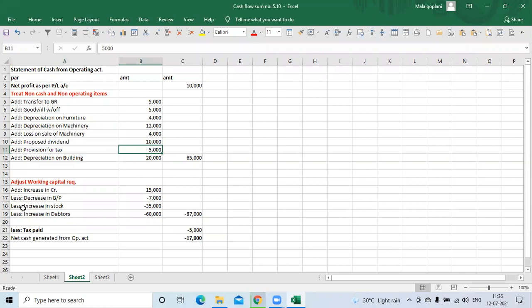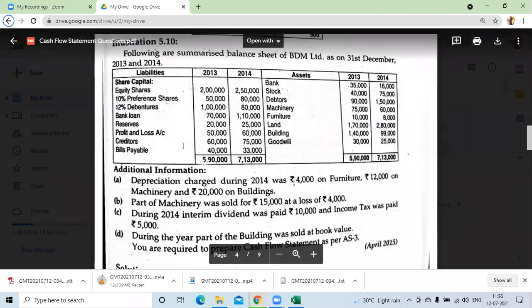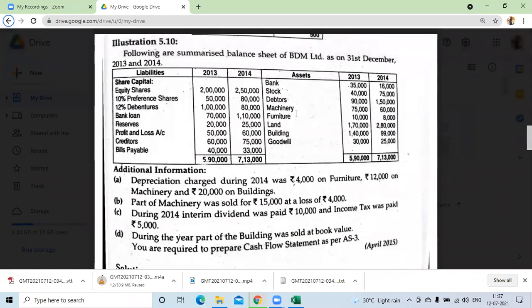5,000 in the inner column. Very good. Done with all the adjustments. Have a look at all the adjustments on the liability side and the asset side. Please have a look at the whole question and let me know, is there anything left over that we have not shown in the cash flow statement? Yes, there is only one item, the bank account. And it will be shown a little later on.